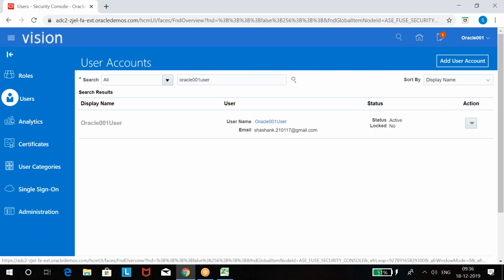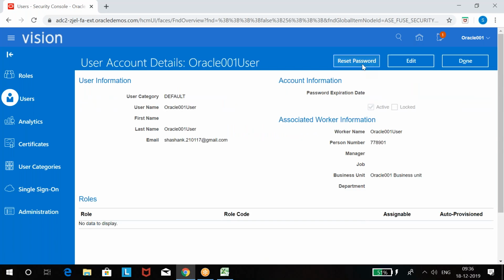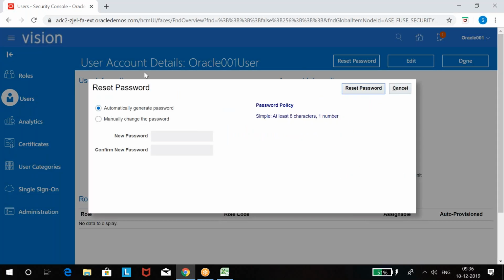Click on this. See, we did not set any password there while creating the employee user. Here you have to set the password now. Reset password and set some password here. Because from there we did not assign any job roles. Here you have to assign job roles. Setting the password and assigning job roles to this employee user, all you have to do from here only.